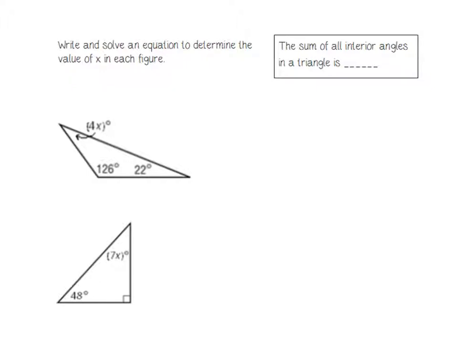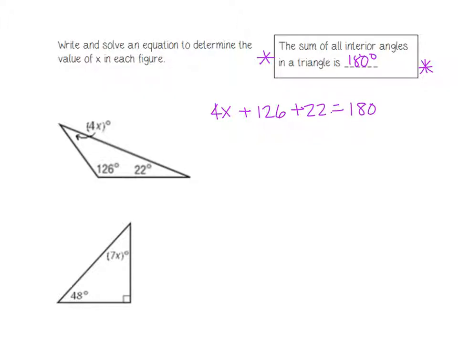All right, so here it's going to ask us to write and solve an equation to determine the value of x in each figure. And this is the part we need to remember. The sum, that means if I add them all up, of the interior angles in a triangle is 180 degrees. So that piece of information is something I do have to know so that I can write that. Because I know that if I have 4x, which is this angle right here, I have 126 and 22, if I add them all together, I should get